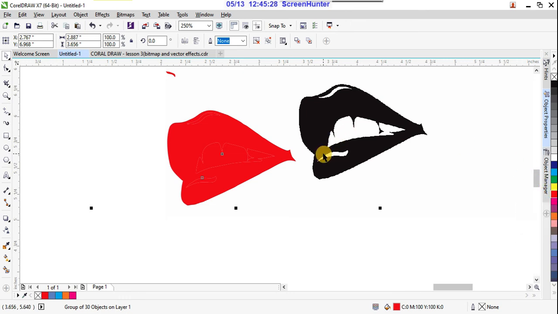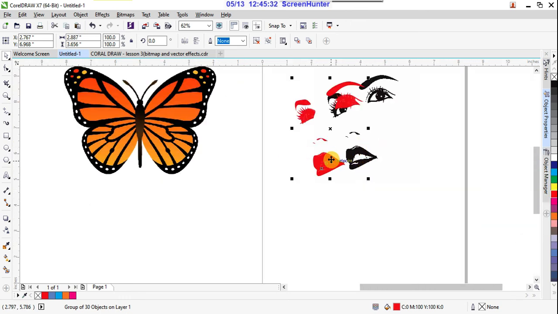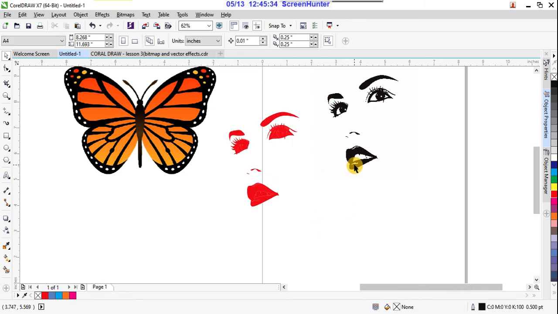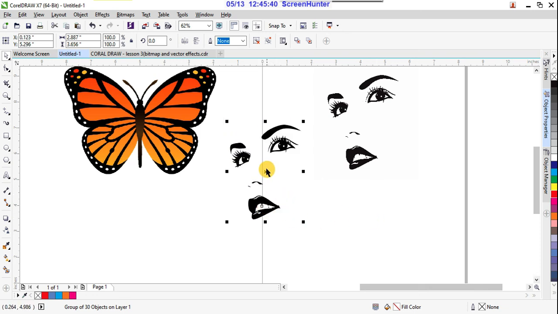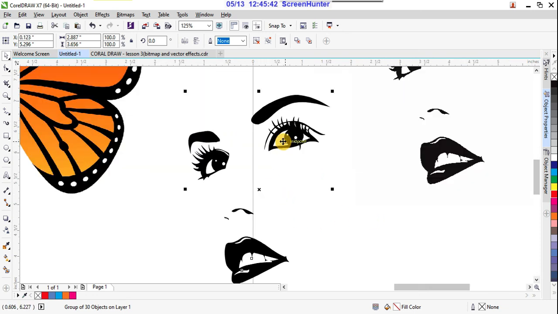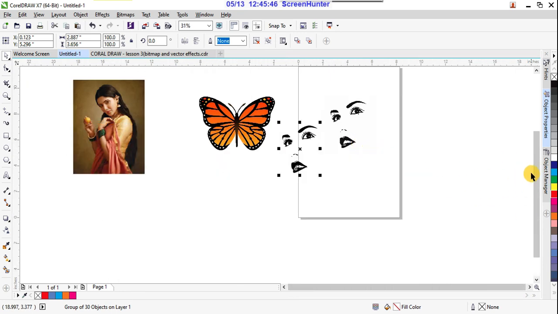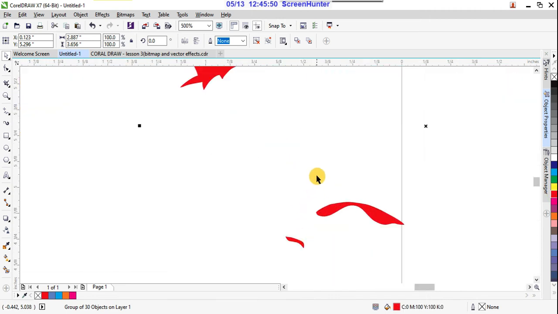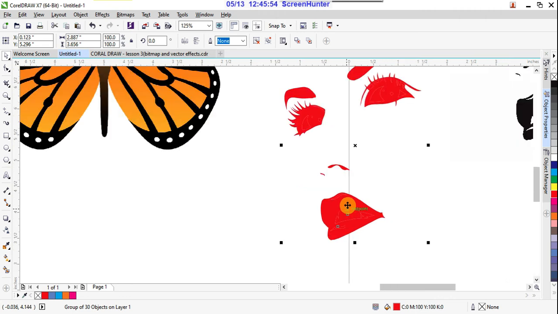Suppose it is completely changing into red, because it is combined. If you remove the inside white also, then you can fill that inside accordingly. Instead of this white teeth, you can fill with another color.